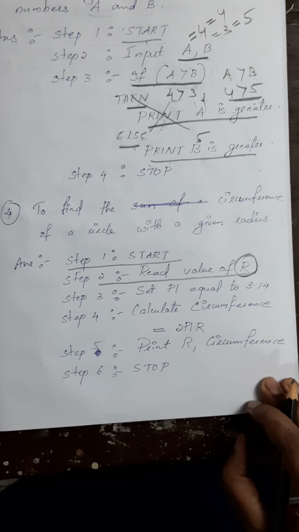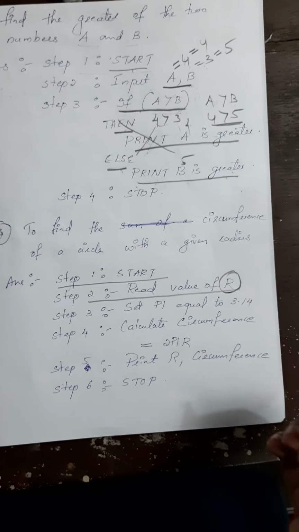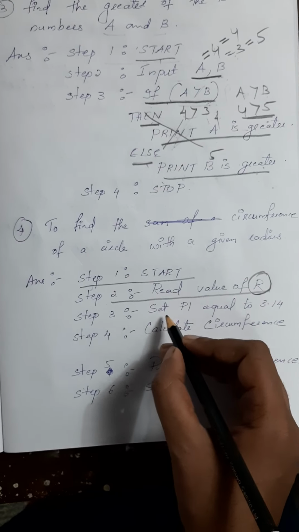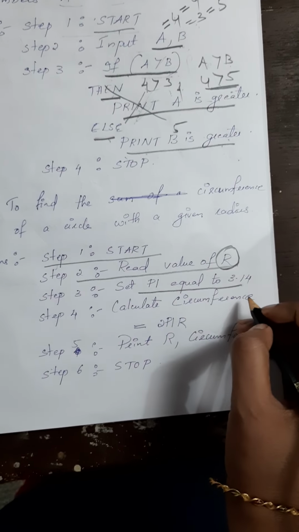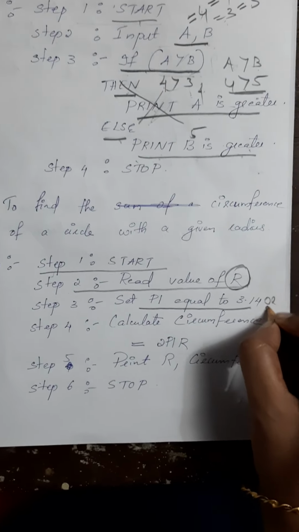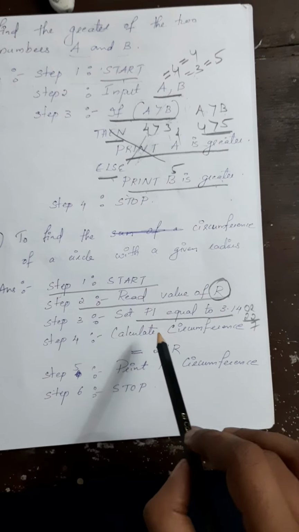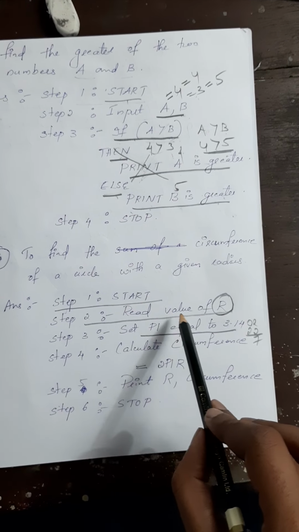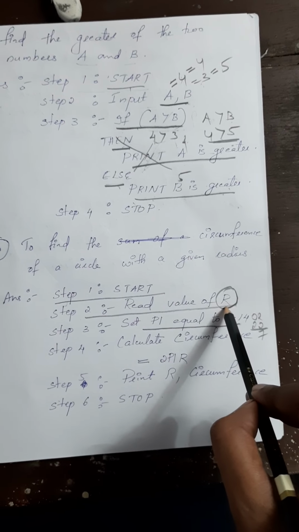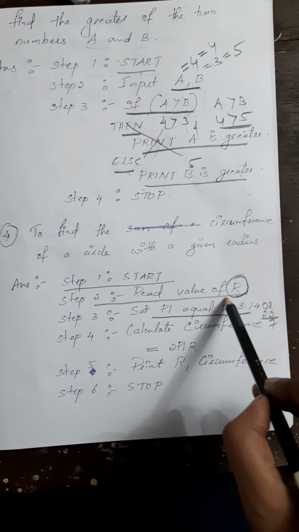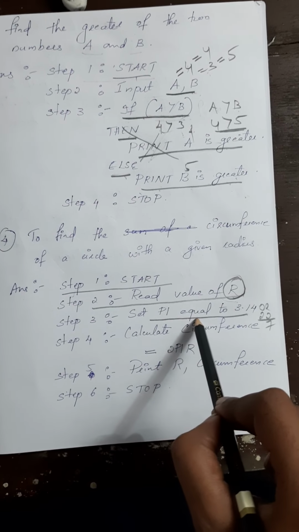And we also know that for finding the circumference of a circle, we need the pi value. We have studied in mathematics that the pi value is equal to 3.14 or 22/7. So two values are being inputted in this particular algorithm. First value is we have to provide the radius. Instead of the word radius, I have used the letter R. And in the second step, we have to provide the pi value for finding the circumference.